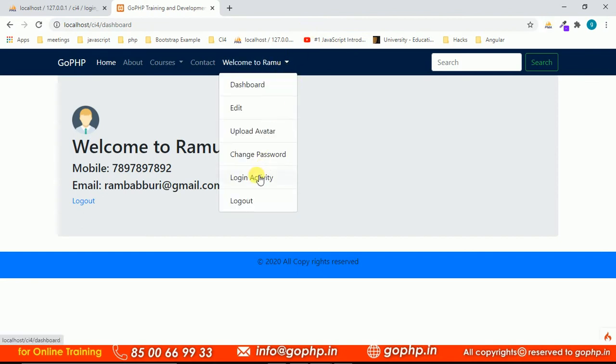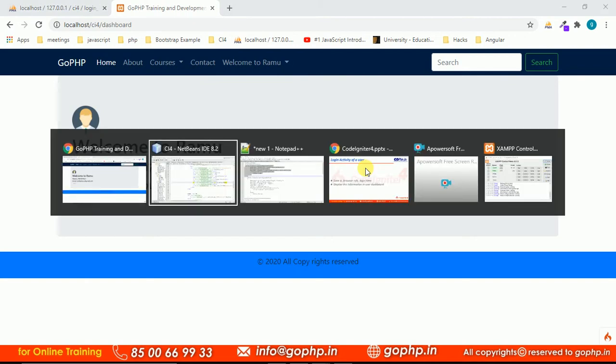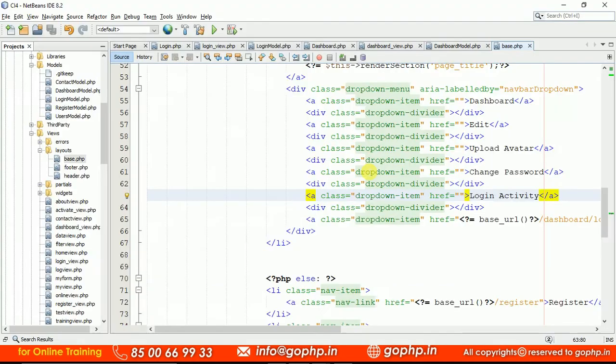activity. Once you clicked on it, we have to display last 10 logins or last 20 logins, whatever it may be, guys. Right now we don't have last 20 and 10 logins here. Simply we have 1-2 logins only. But anyhow, we will write the query like this, right? Yes, guys. Now go to your controller, and here we have to provide some action, guys. Here for this, let me provide